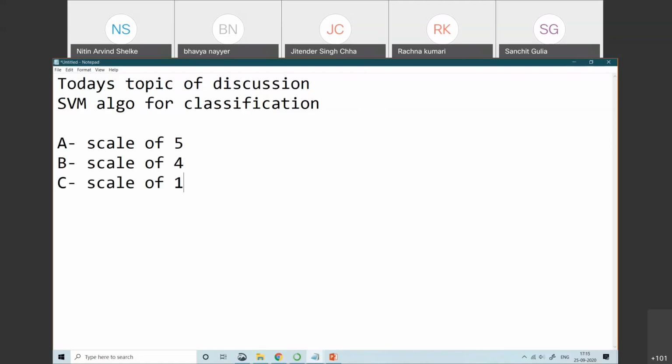So now all these A, B, C are in a different scale, okay. So to make it into a single scale, meaning a particular range, for that purpose we use the feature scaling, okay.